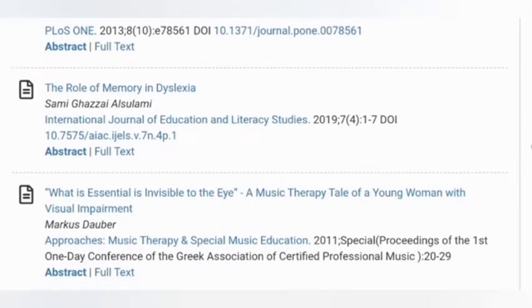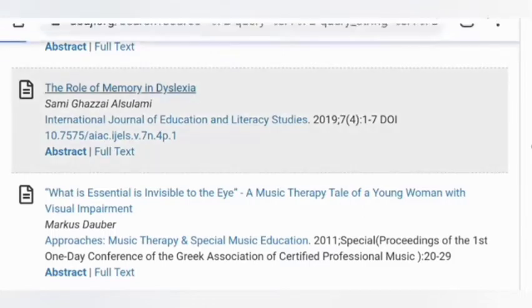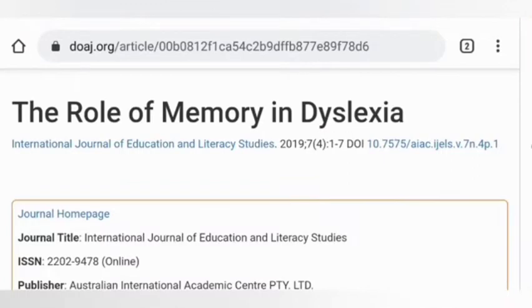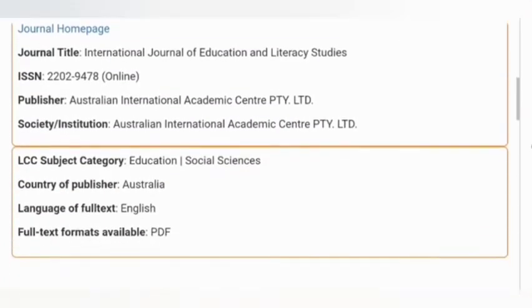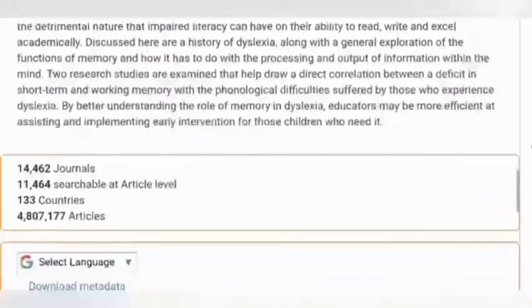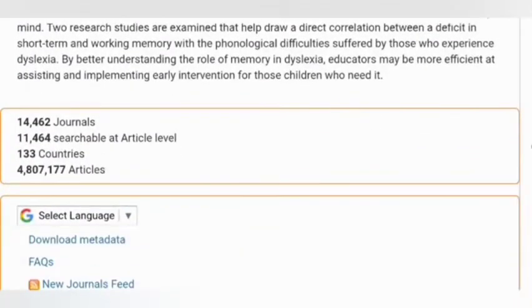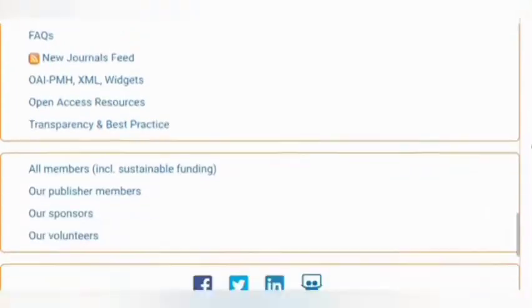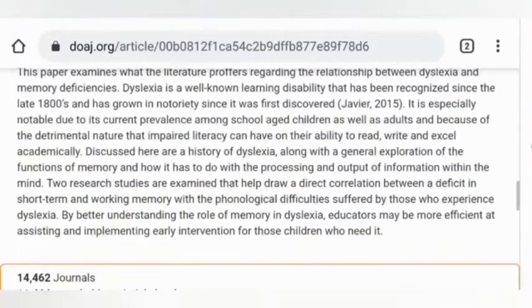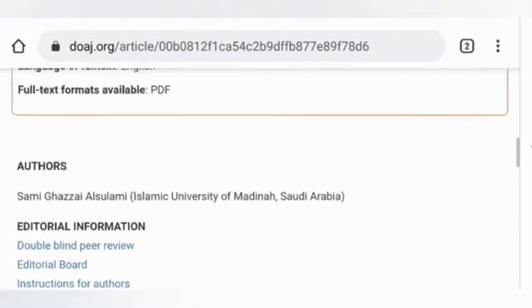It will show you the journal name and the option of downloading full text. Okay, the role of memory in dyslexia. It's an article related to learning disability, and this will show you the terms and conditions and the name of the journal.